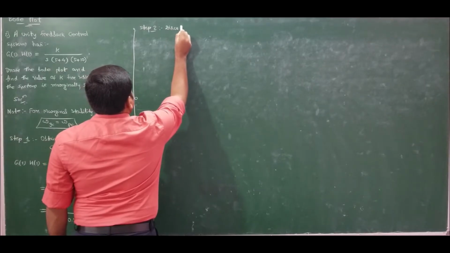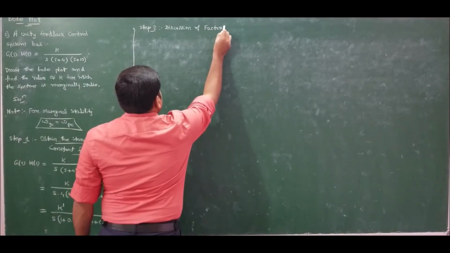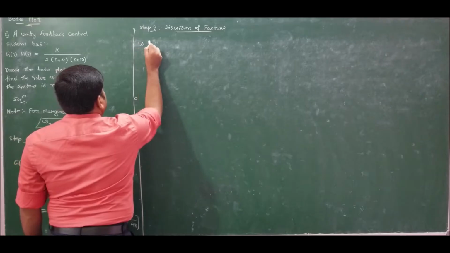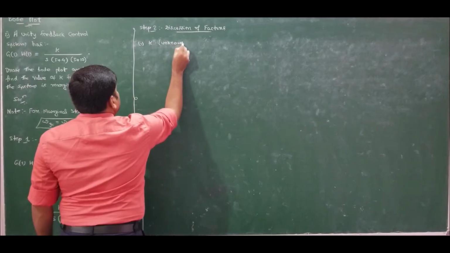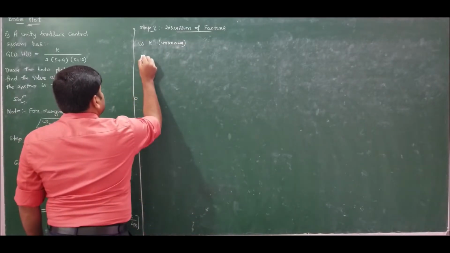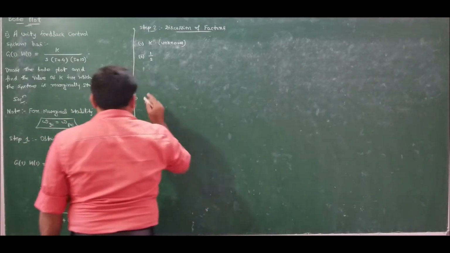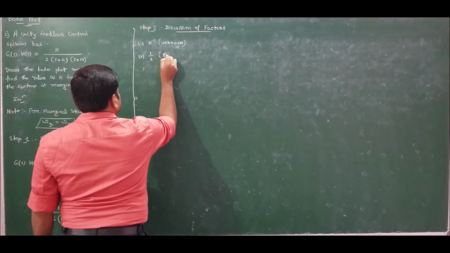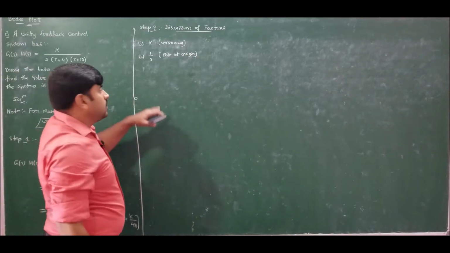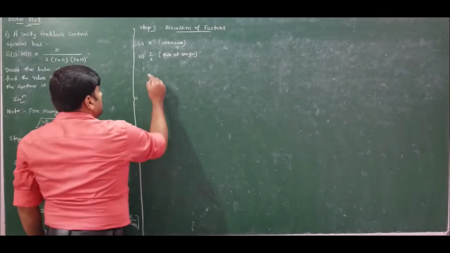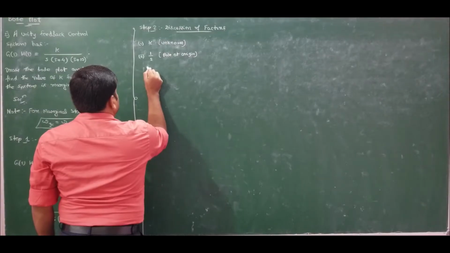Discussion of factors. The first one is constant K. It is unknown, and I should find its value. Moving to the second term, it is 1 by s. 1 by s is a pole at origin, that is one pole at origin, because the power of s is unity. For one pole at origin, what is the contribution? It is a straight line